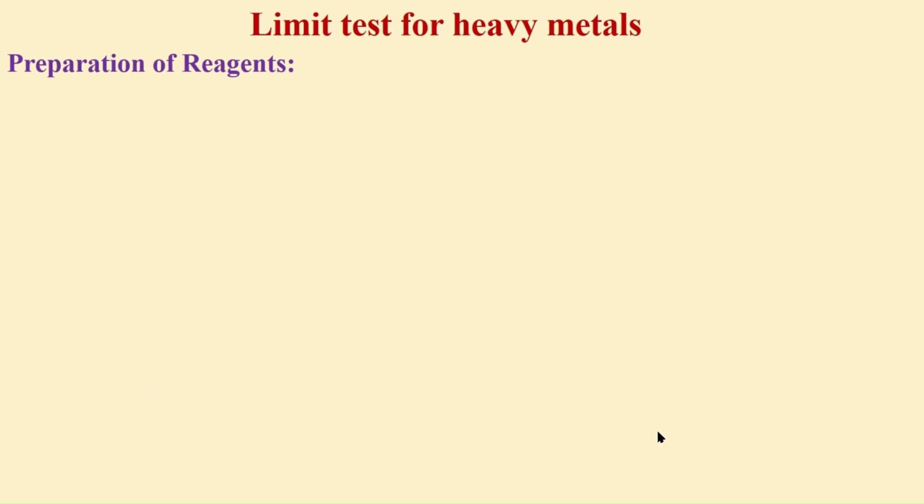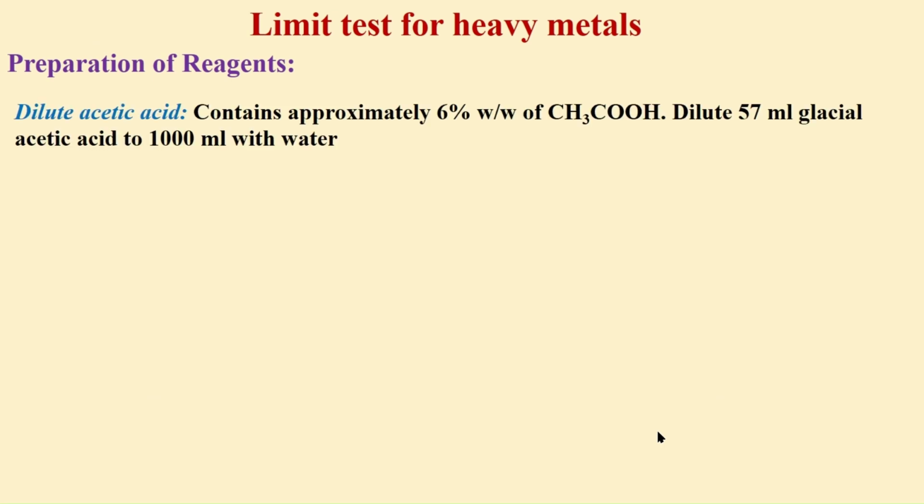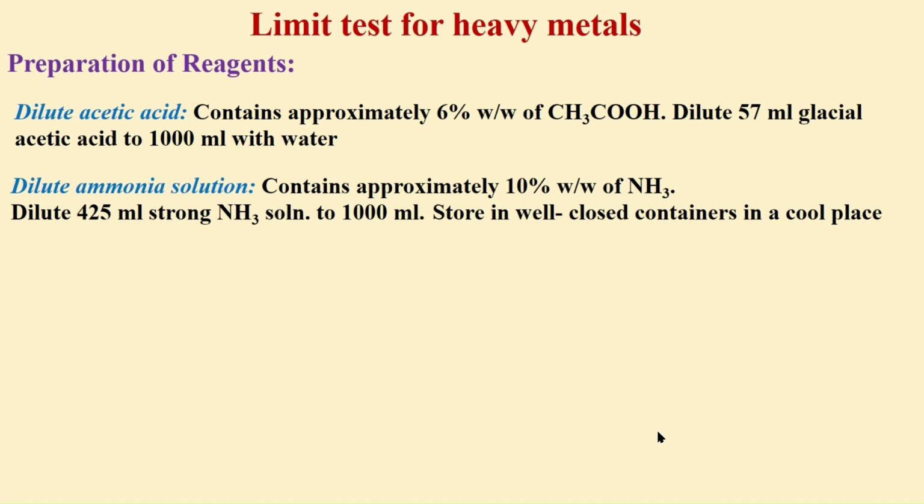Reagents are prepared in a specific manner. Dilute acetic acid is prepared by diluting 57 ml of glacial acetic acid and making up the volume to 1000 ml with water. It approximately contains 6% weight by weight of acetic acid. Strong ammonia solution contains 10% weight by weight of ammonia. It can be prepared by diluting 425 ml of strong ammonia solution to 1000 ml, and it should be placed in a well closed container